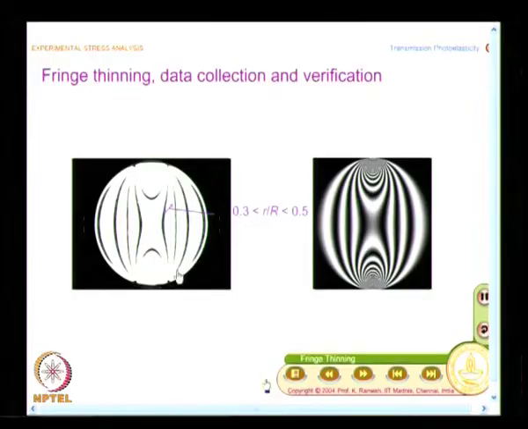You take a photograph with a higher optical magnification in that zone and repeat the same process, you will be able to extract information. Why is that not attempted here? Because my focus is to find out f sigma, and f sigma, we have already seen, we will collect data in an annular region near the center, 0.35 r to 0.5 r. So, I am not interested in the data near the load application point. So, for our application this is good enough, and this is what we have here.